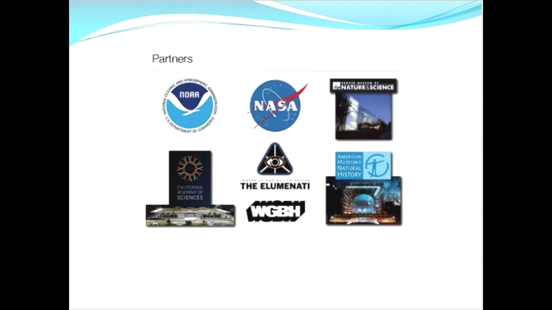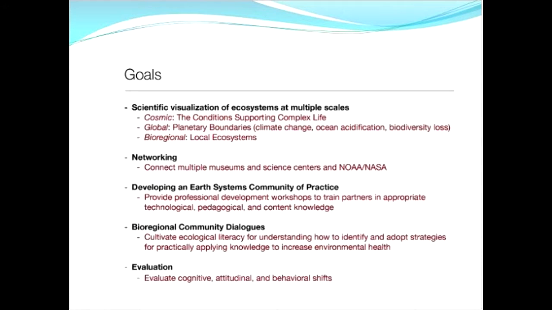These are some of the partners that we have. We actually have 12 science centers around the country, but we're working very closely with NASA and NOAA's Climate Program Office, the California Academy of Sciences, the GBH, the American Museum of Natural History, and the Denver Museum of Nature and Science. They're all using this particular real-time visualization platform called UniView. It's essentially like a real-time powers of 10 zooming engine, so we can look at data at multiple scales. And if you go to the next slide,